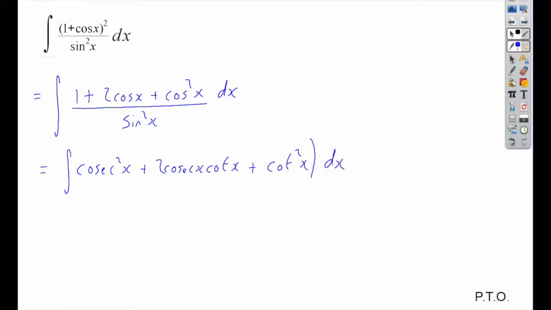Please, when you've got more than one term, it's a good idea to put the brackets in. It's to do with correct notation, you see. And then we'll just integrate each one of those, okay? So cosec squared x, just check you can do that one. You should be getting negative cot x, okay? 2 cosec x cot x, just check that you can do that one. You should be getting something to do with cosec x. And then cot squared x,